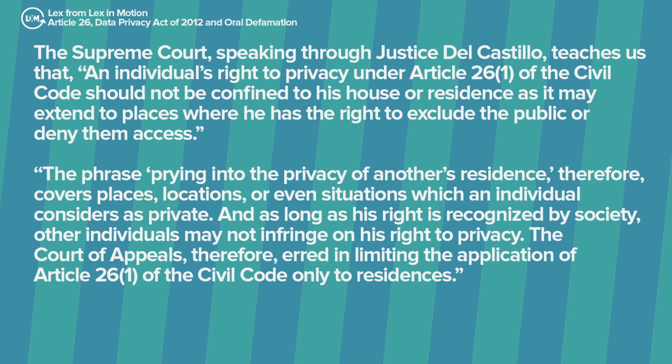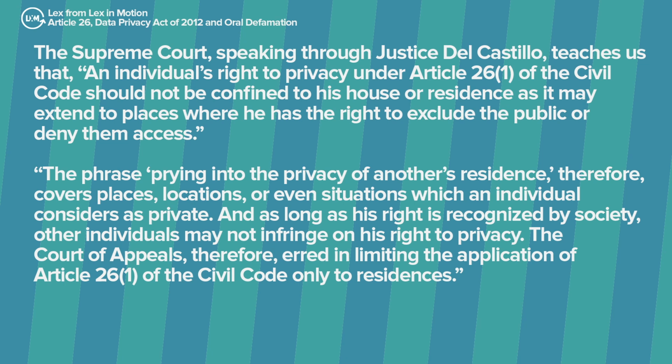The Supreme Court, speaking through Justice Del Castillo, teaches us that an individual's right to privacy under Article 26, Paragraph 1 of the Civil Code should not be confined to his house or residence, as it may extend to places where he has the right to exclude the public or deny them access. The phrase prying into the privacy of another's residence therefore covers places, locations, or even situations which an individual considers as private. As long as his right is recognized by society, other individuals may not infringe on his right to privacy. The Court of Appeals therefore erred in limiting the application of Article 26, Paragraph 1 of the Civil Code